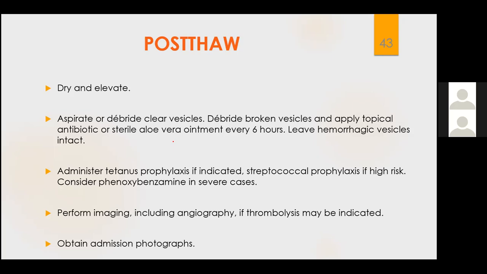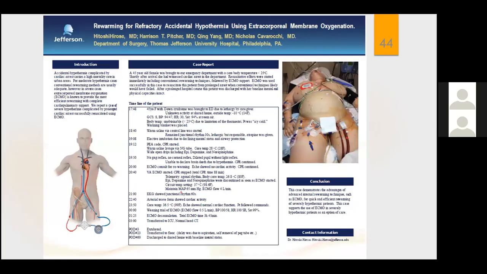In severe cases, we give alpha blockers such as phenoxybenzamine. If we think the case is severe enough, we can perform angiography, and if there's a positive finding and thrombolysis is indicated, we should start thrombolysis. To compare future development, we can obtain photographs with the patient's permission. Let me discuss a case study which was published